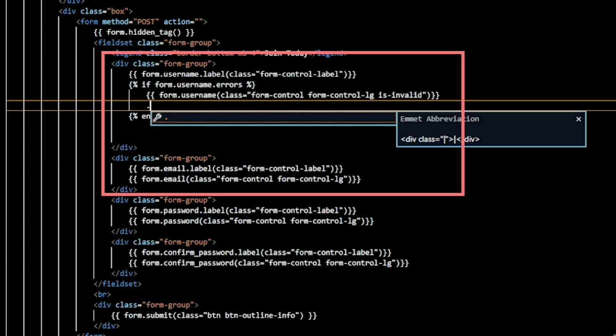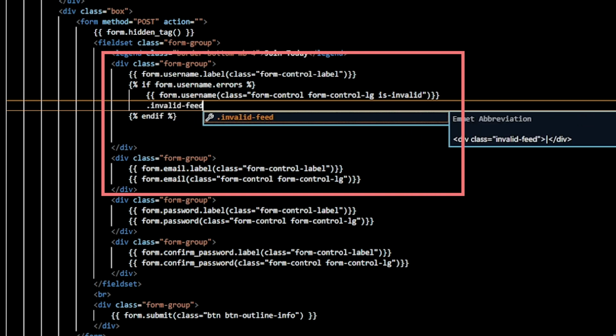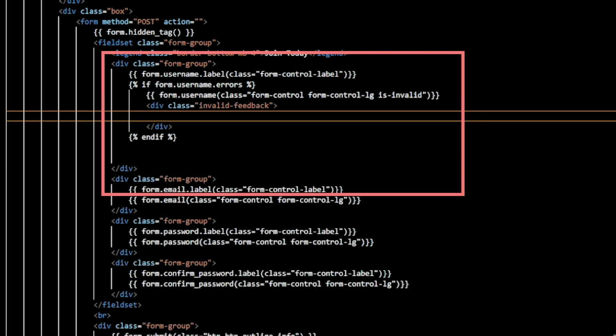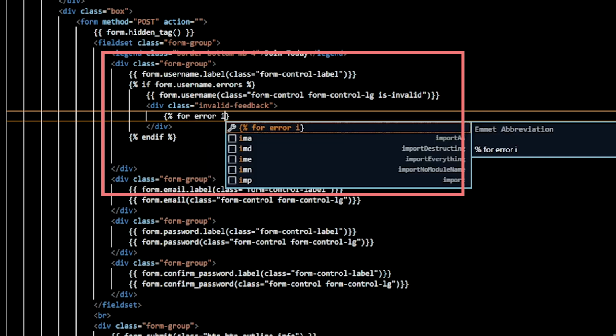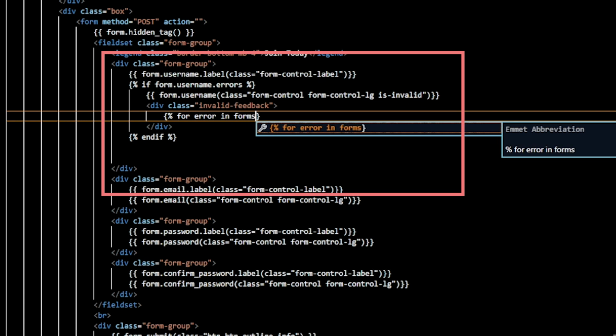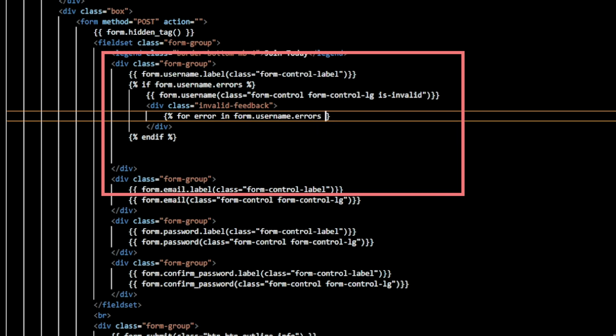We are going to create a div with a class of invalid feedback, and inside this div basically what we are going to disclose is all the errors, and then we are going to create another loop that is for error in form username errors,